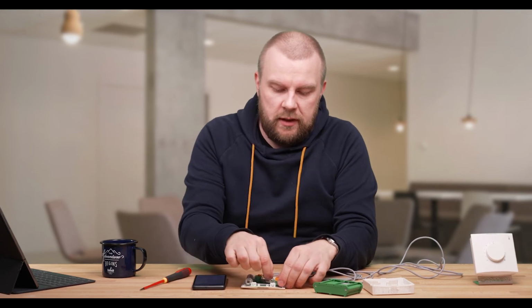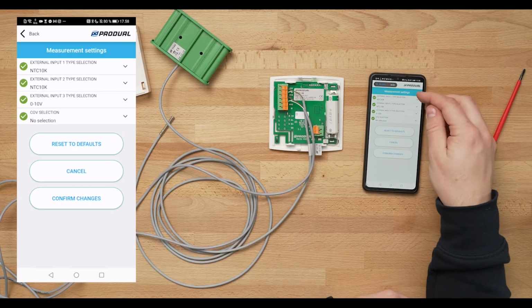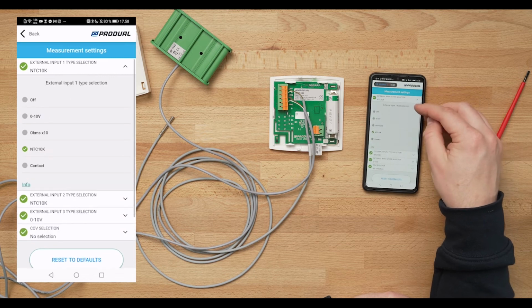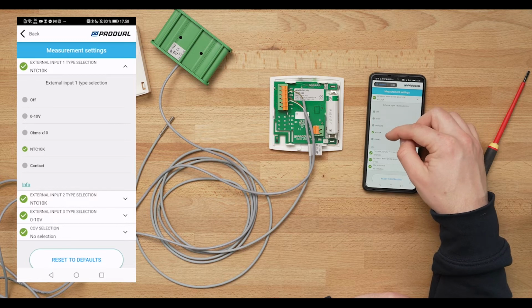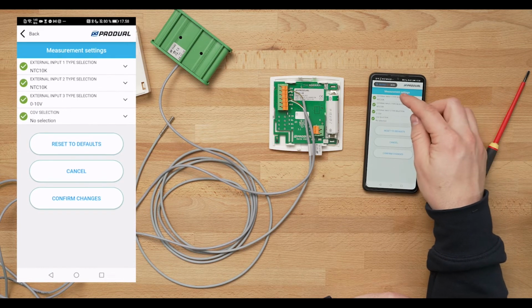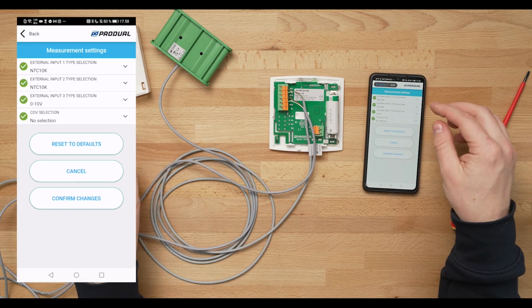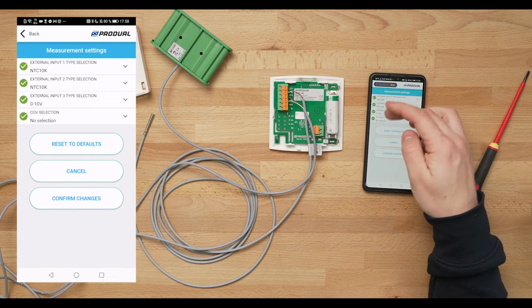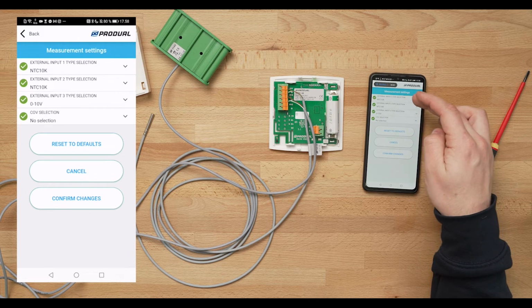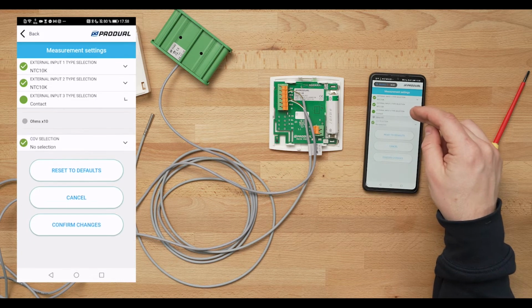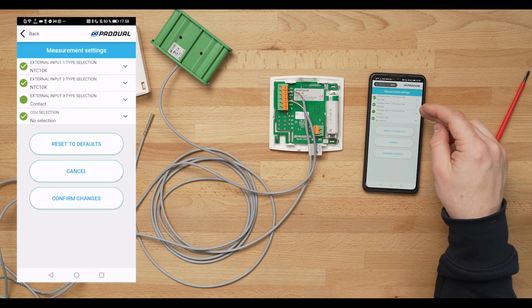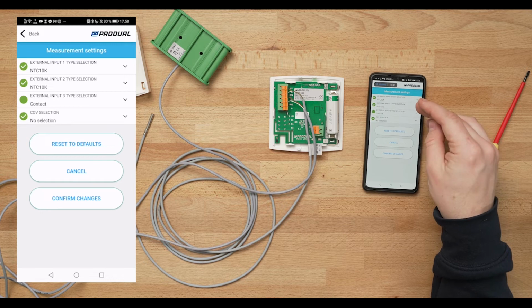We test that they are in their place. So in these settings, we can select 0 to 10 volt, resistance, NTC10, or contact. Now I'm using NTC10 for this NTC10 measurement, and also NTC10 for this external WBU, which is a water leak sensor. And I will select this number 3 as a contact input. Usually if you are using contact input, normal open is something to use, otherwise it will unnecessarily overload the battery